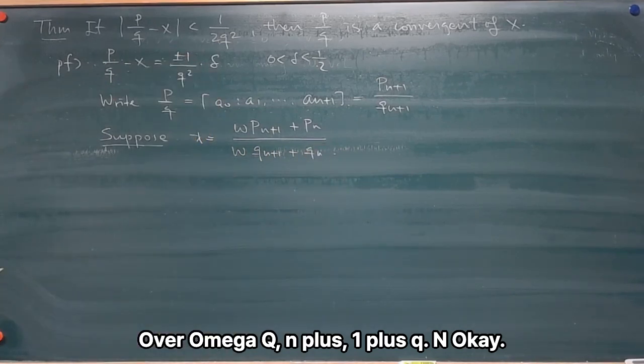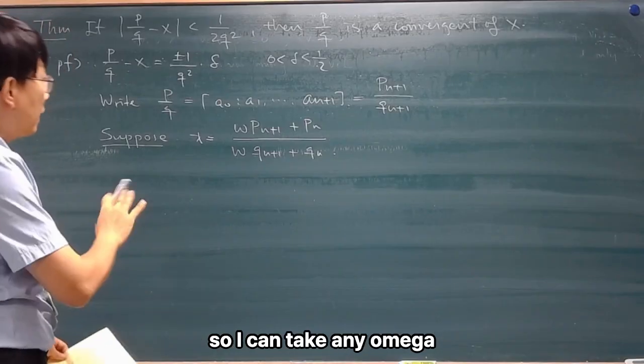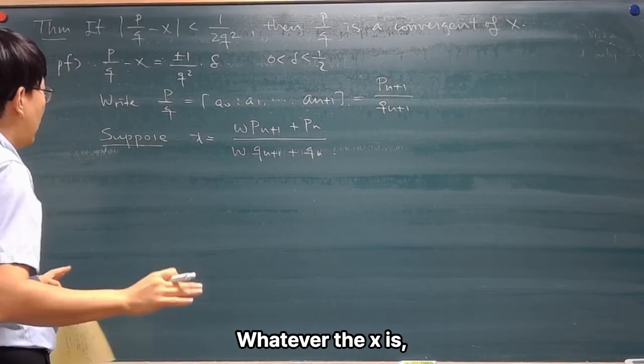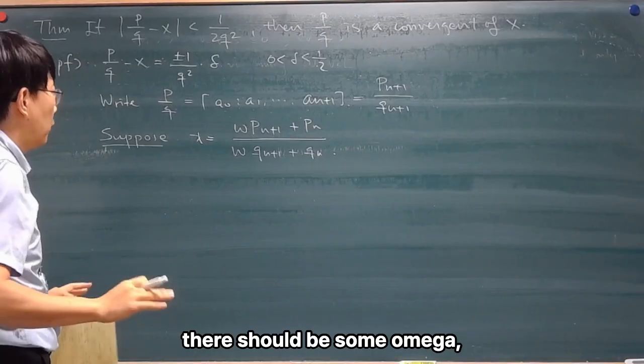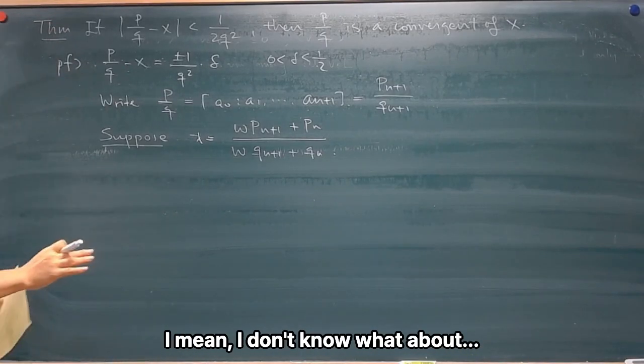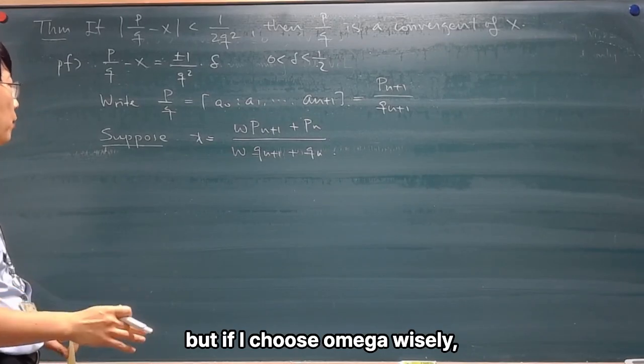Okay? So once we suppose that, I can take any omega that satisfies this inequality. Whatever x is, there should be some omega that satisfies this, right? I don't know about P_n and Q_n, but if I choose omega wisely,